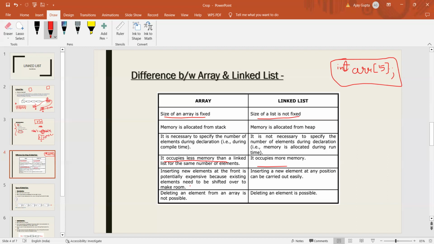So if we want to insert an element at the beginning of the array, we have to shift all the n elements to their right one step. Okay, so it's a very expensive operation. While in case of linked list, inserting a new element at any position can be carried out very easily, and